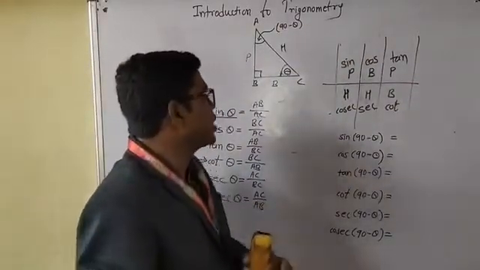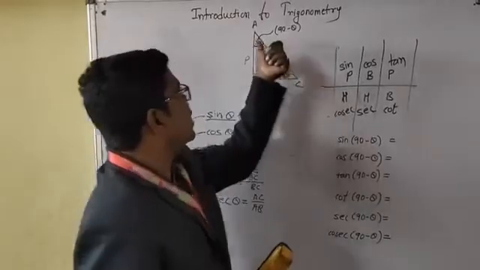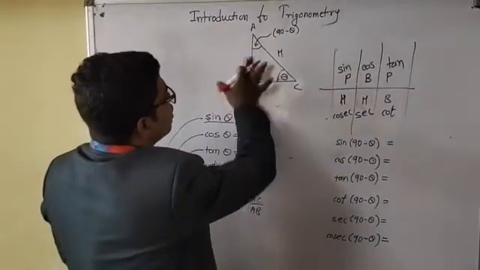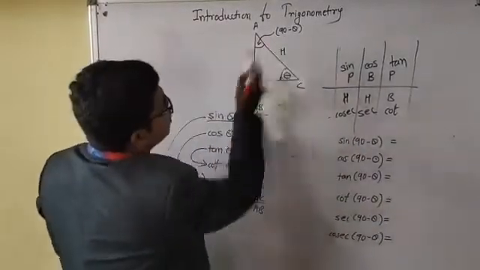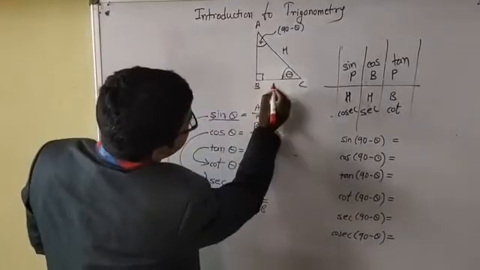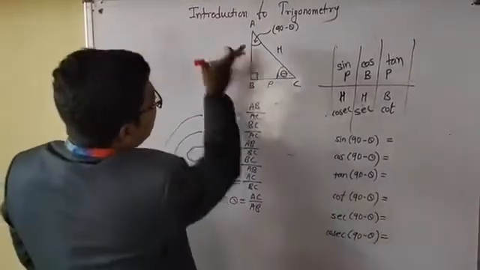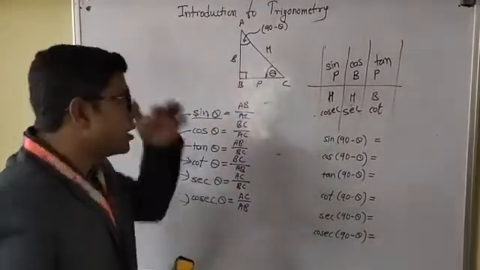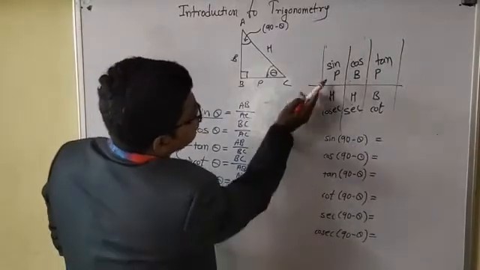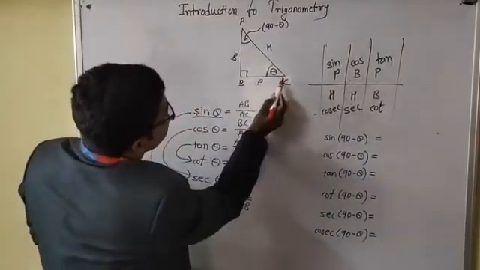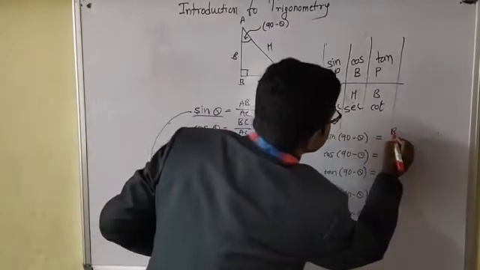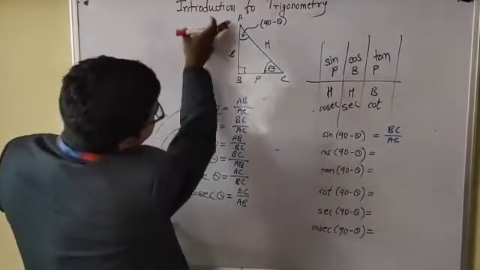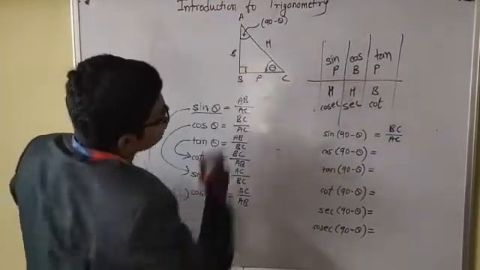Right? Similarly, you can write down the ratios for the angle A, for angle 90 minus theta. Now for writing the ratios for angle 90 minus theta, the side opposite to it will be considered as perpendicular and the side adjacent to it will be base, and AC will remain hypotenuse. Okay? Let us write down sine 90 minus theta: perpendicular upon hypotenuse, BC upon AC. Cos 90 minus theta: base upon hypotenuse, AB upon AC.